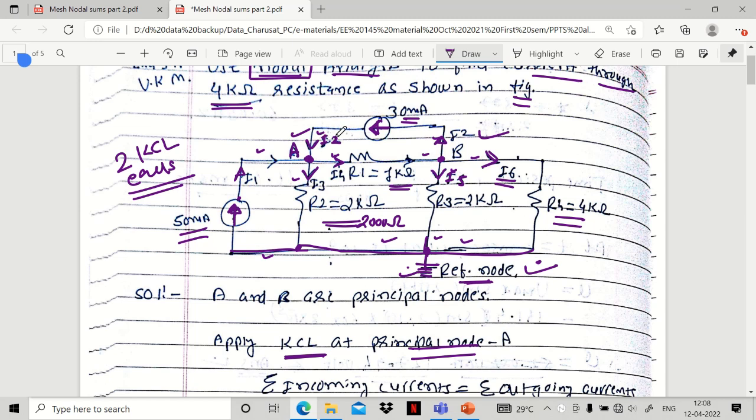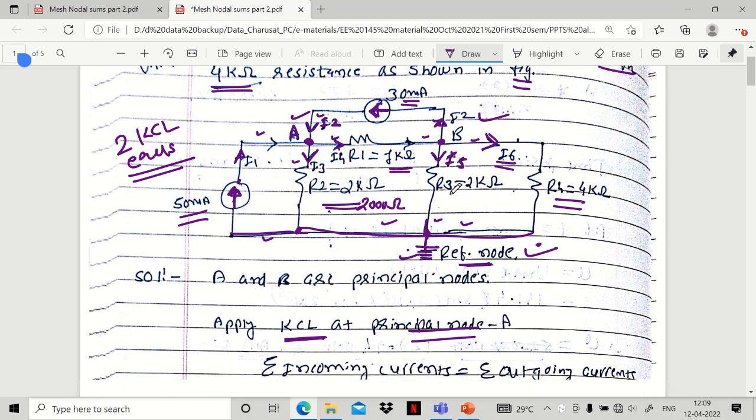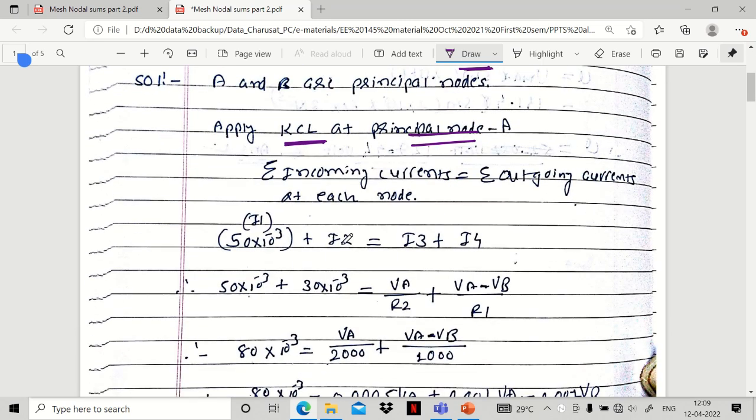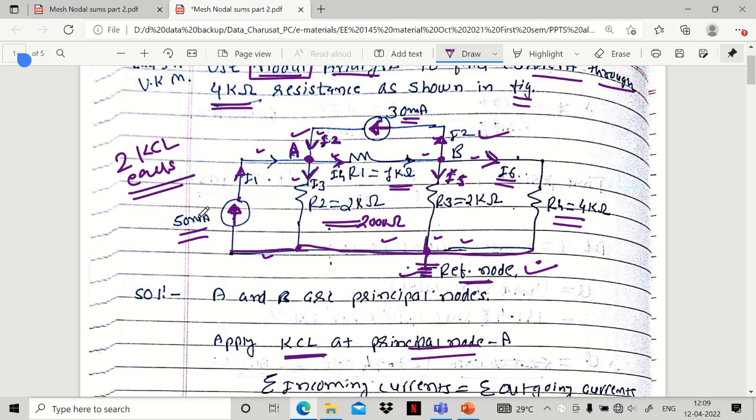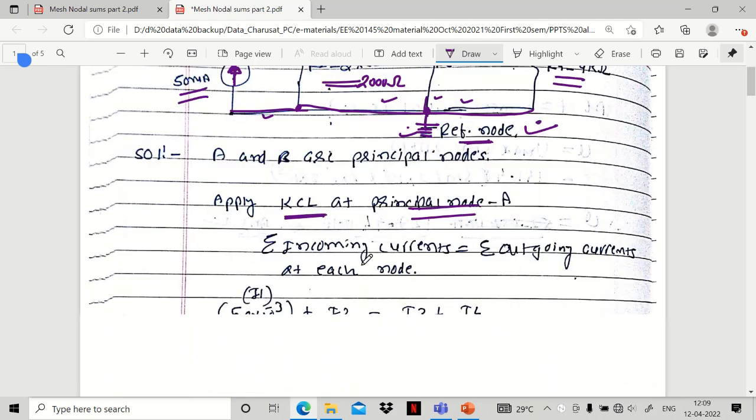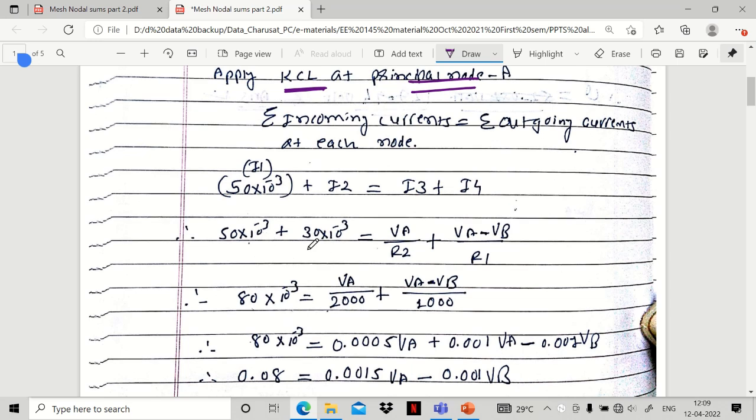I1 plus I2 would be equal to outgoing I3 plus I4. So I1 plus I2 is equal to I3 plus I4. That's all. Now I1 is already given, 50 milliampere, so convert it into amps: 50 into 10 raised to minus 3